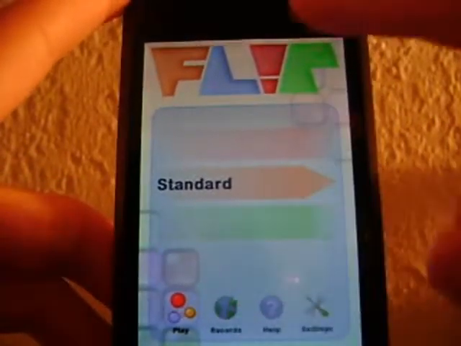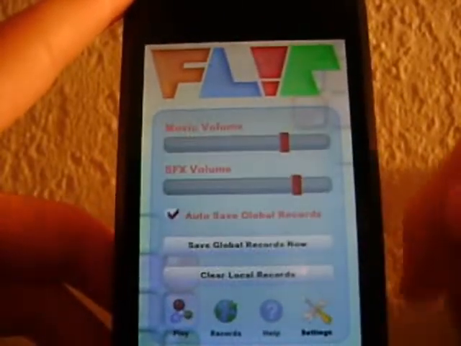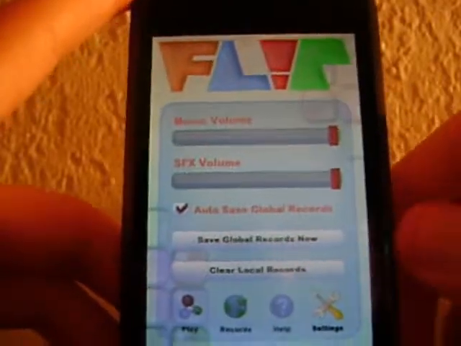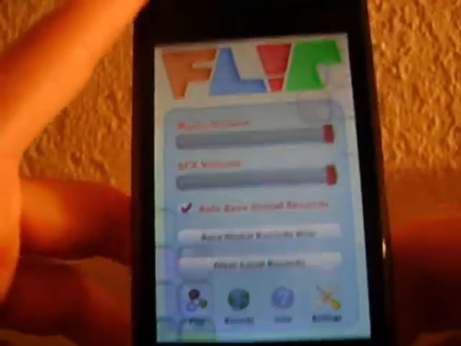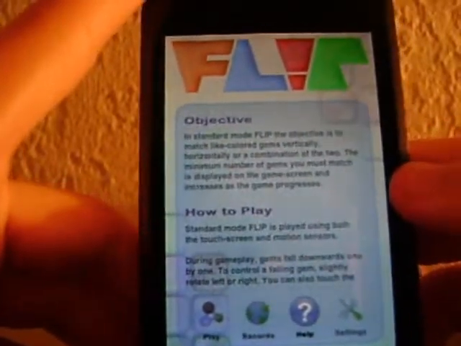So let's go in this. In the main menu here, we got standard, we've got play, records, help, and settings. So let's go to the settings. You can see we've got our music here, our sound effects, global records and everything. We don't really care about that. Let's go into help. Tells you the objective here, and it says in a standard mode,